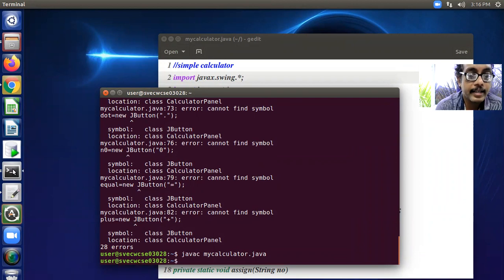For swing packages, in some of the later classes you use the main method. The applet is not necessary, so the applet viewer is not necessary. But in this code you are executing with the applet viewer, and that's the reason it has no main method. So you can use the applet.